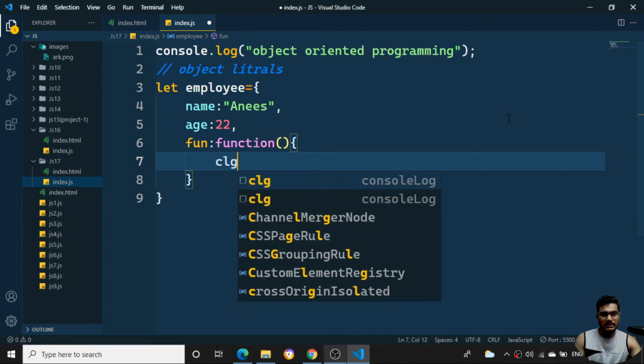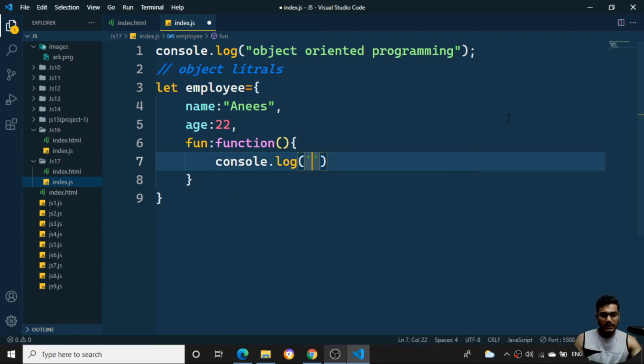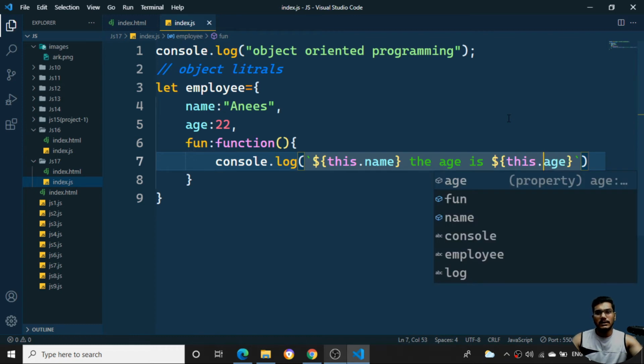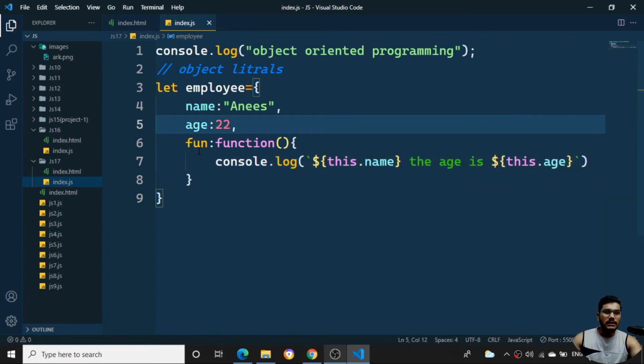So it will use the backticks over here. It will return this.name as well as, and the age is, it will return the object retrieval. I'll use this dollar symbol, and I'll tell it age. So I need to give it as this.age. Okay, so this particular function, when it runs, will just return these particular things over here.